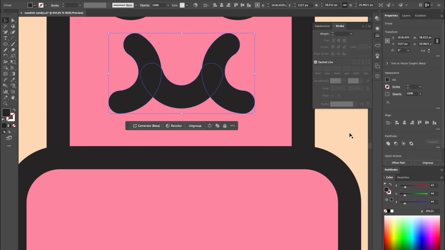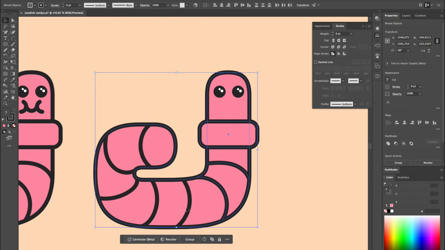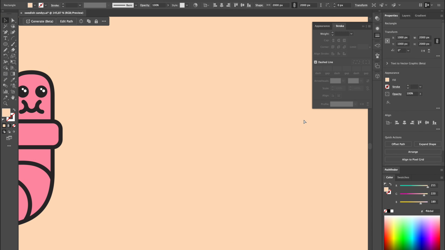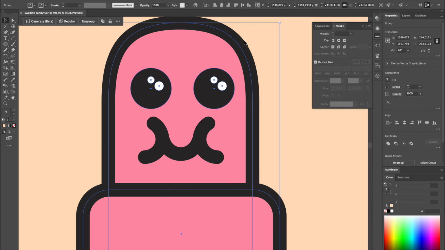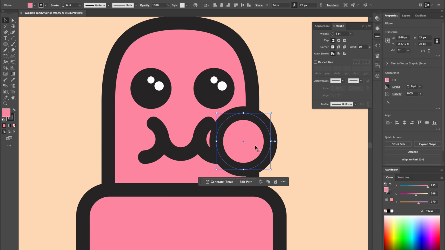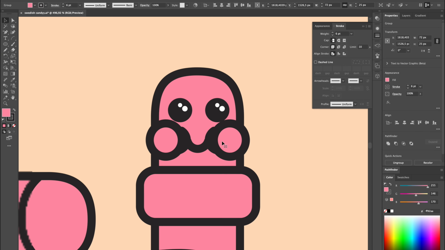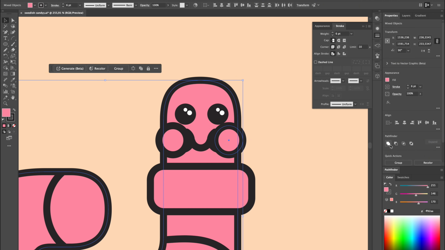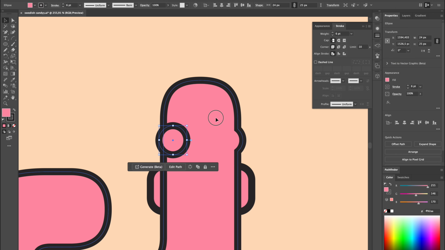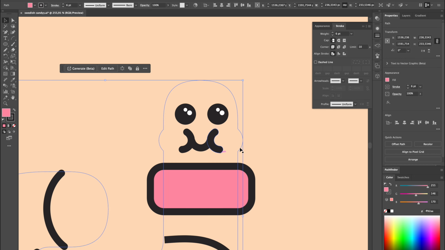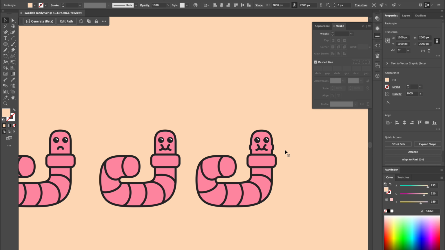I duplicate my designs a lot to make sure I don't lose any progress if I decide to go back a step, because sometimes I change my mind. To make it look like the cheek is bulging out, I'm just creating a circle. Just press L to use the circle tool. And then select the body and the circles for the cheeks and use Pathfinder Unite to make it into